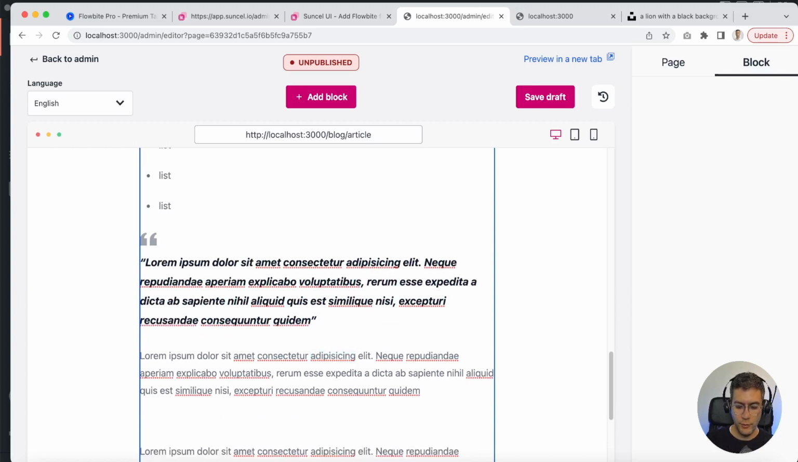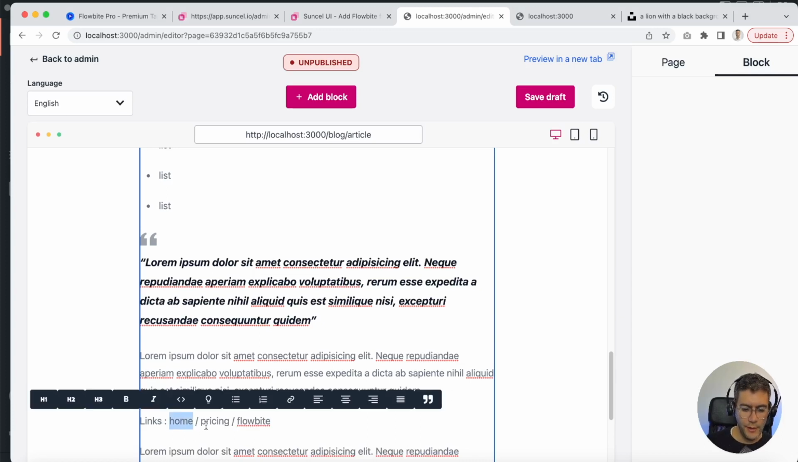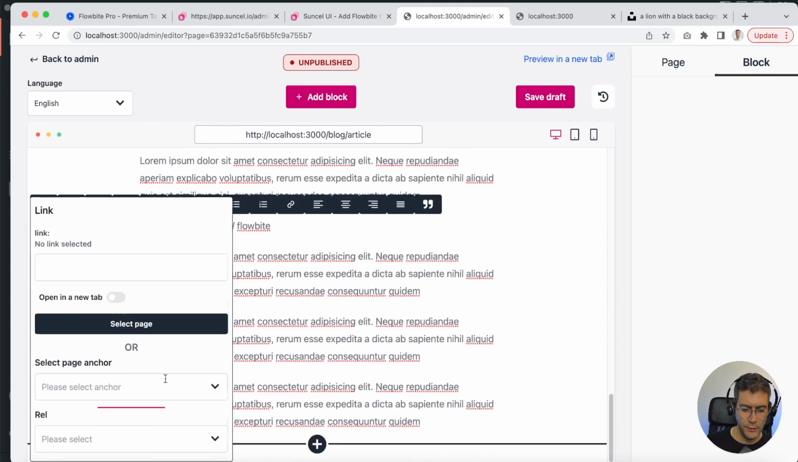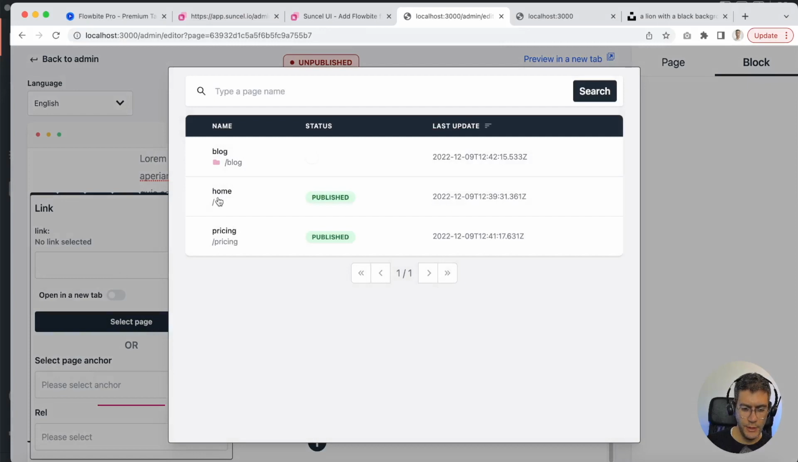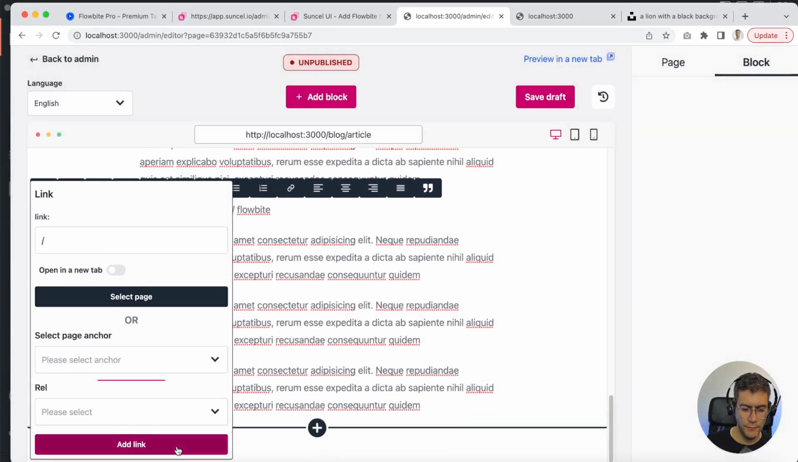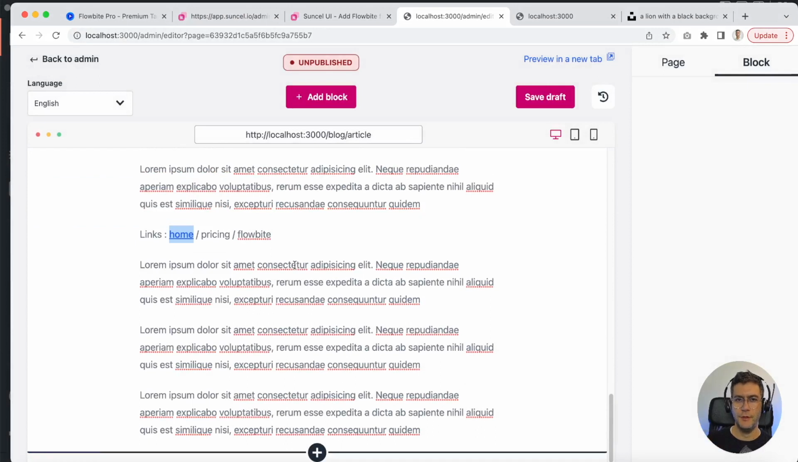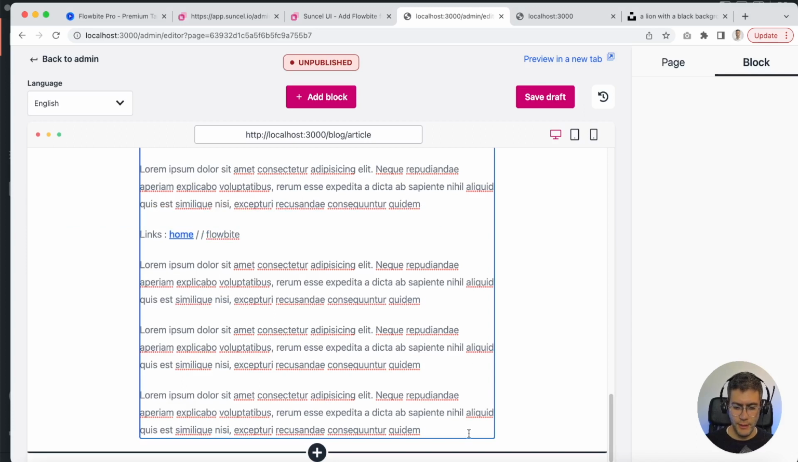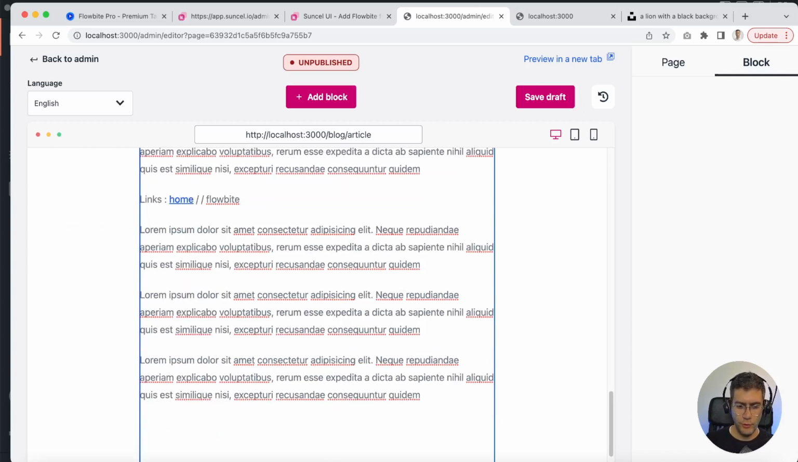So let's say that we want to make links on our home page, on the pricing page, on Flowbite, for example. So that's an internal link in here. So I click on link, I click on select page, home page, and now the link is done. And that's a Next.js link. Well, pricing you understood, but let's say that we want to make an internal link inside the page, so an anchor,